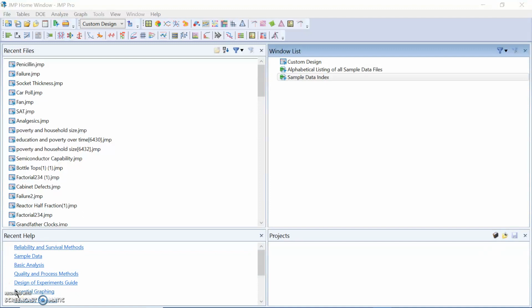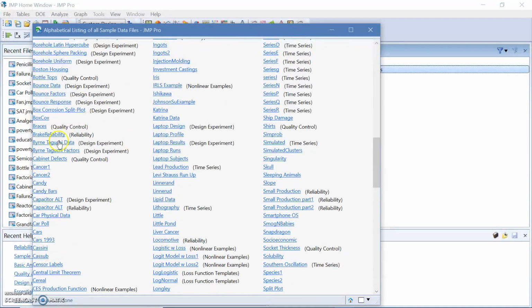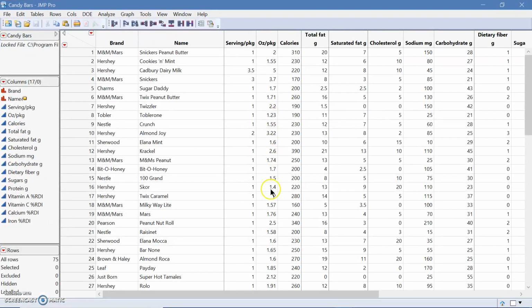Alright, so finally we are on to our graph builder, and we're going to be using our Candy-Bars data for that. So we go ahead and find our Candy-Bars data, which we should find in our C category, or in our C alphabets. We have our Candy-Bars right here. You can blow this up because, as you can see, it's a pretty loaded data set. It has 17 columns and 75 rows. So if we go into our graph here,